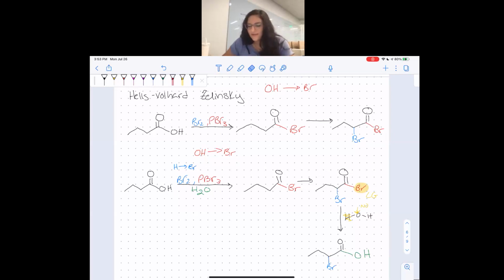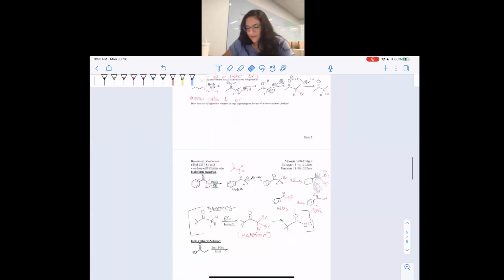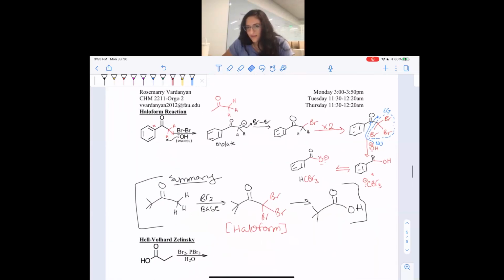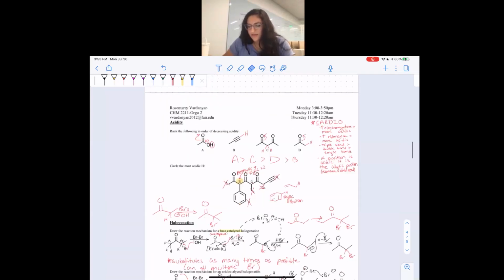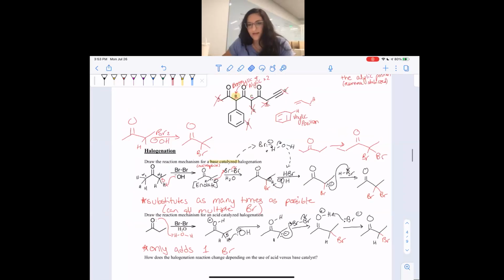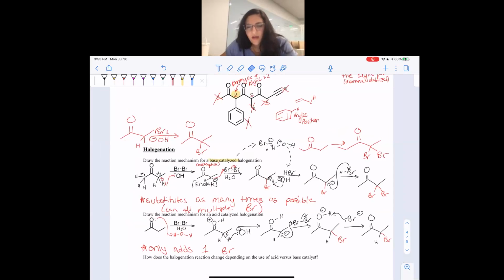And yes, of course you can see the halogenation. Okay, I'm going to do it in 2 pieces so you can see this part and then the next part. Oh, okay, I didn't know he firmly said 19 isn't on the final, but that's awesome. I didn't think he was going to get to it.